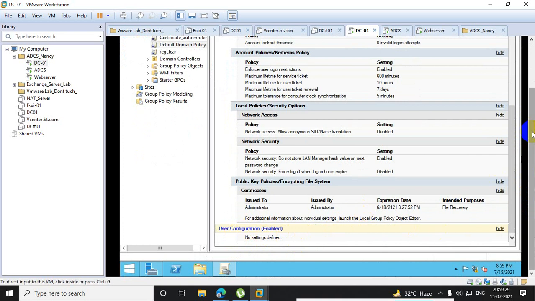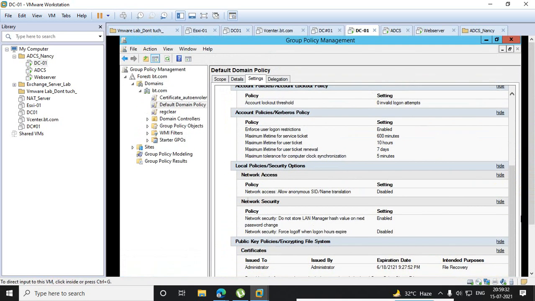Now, is this policy default? Whenever your domain controller is promoted, that policy is created by Microsoft. Where is that directly applied? On the domain. It is applied not on all AD objects, only on computer objects in this BT domain. This particular domain policy applies there. Got my point?